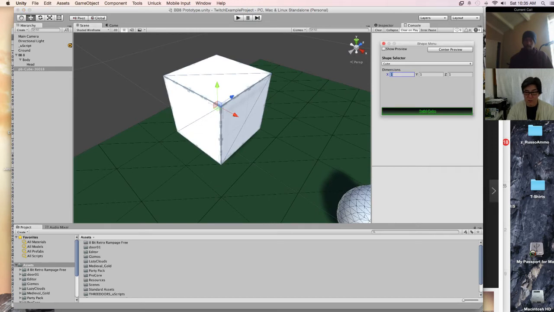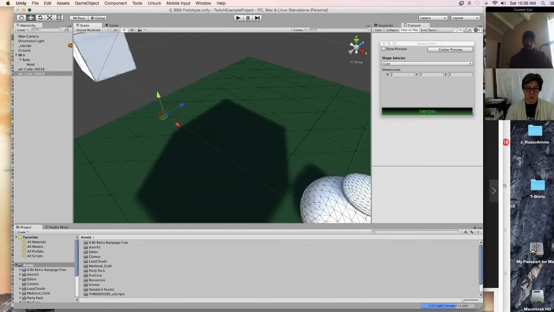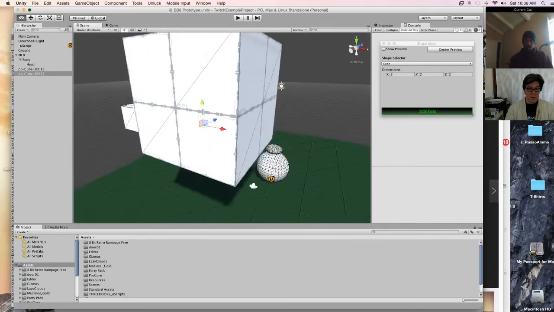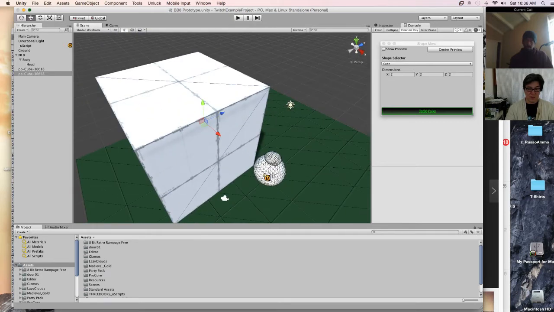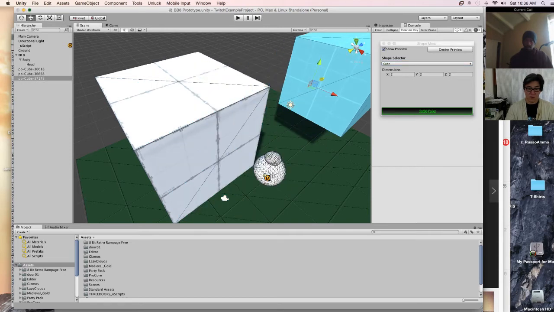But one of the things we can do, instead of building this cube like this, is do 2, 2, and 2 and make it bigger. We'll build another cube. Oh, look at that. This time, the same dimensions, no more faces. Oh, there we go. We want to show the preview. There we go.